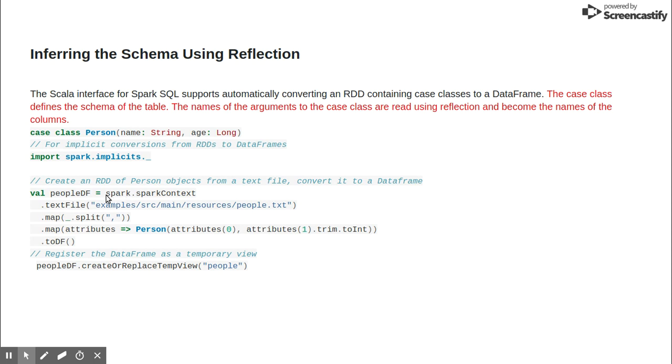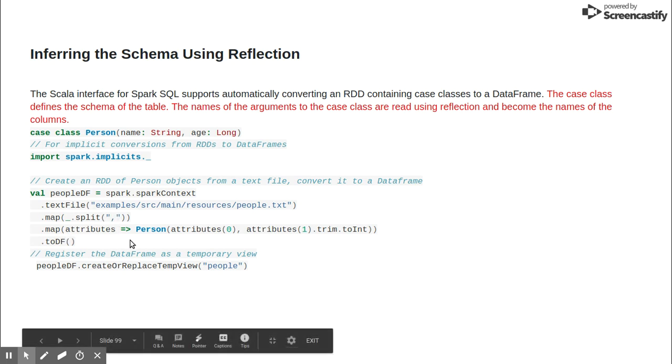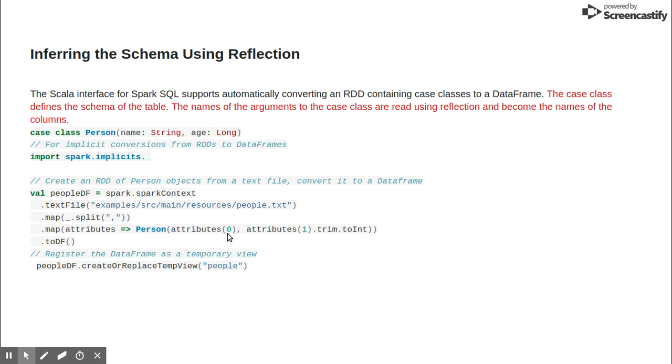Now, here I am creating an RDD over a text file, people.txt, and I'm parsing this text file. All the fields are comma separated, so it will return two fields. I'm mapping these two fields and creating a Person object here. The very first attribute from people.txt will be the first value for this Person object and the second will be the second value. Now I'm converting this into a data frame. For the implicit conversion, you need to import spark.implicits._